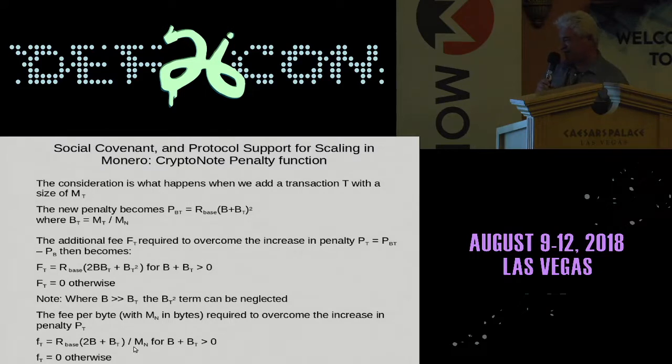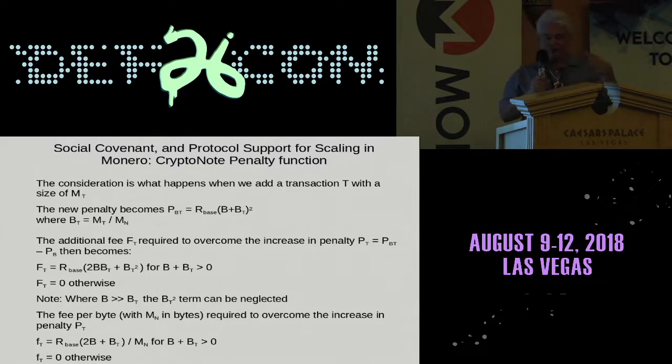We can then calculate the fee per byte, and again, our base is calculated by dividing by the effective median block size. Now, here's a key element. As that block size increases, the price of a legitimate transaction in Monero falls in terms of Monero. So if you go from, say, 300,000 bytes to 3 million bytes, your fee per byte has fallen by a factor of 10. At the same time, the spammer wanting to spam a certain percentage has to pay the same amount of money in terms of Monero. So that's a very interesting element.